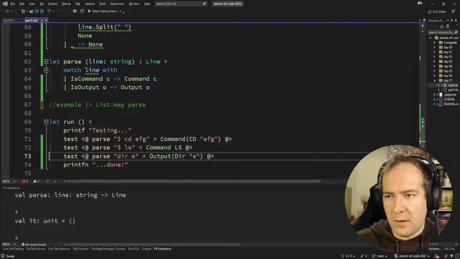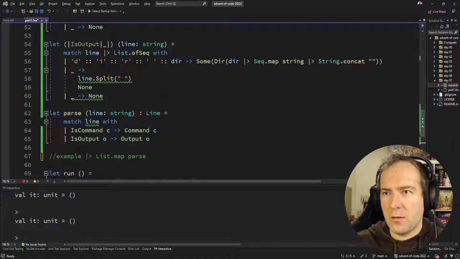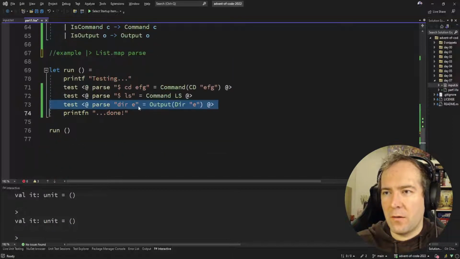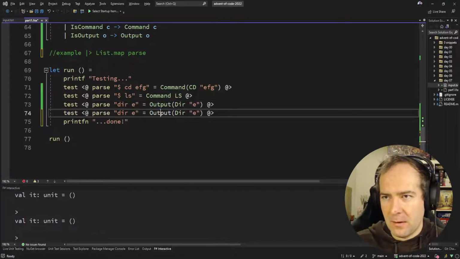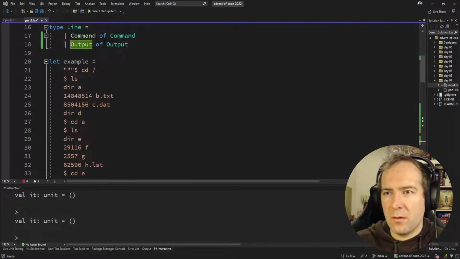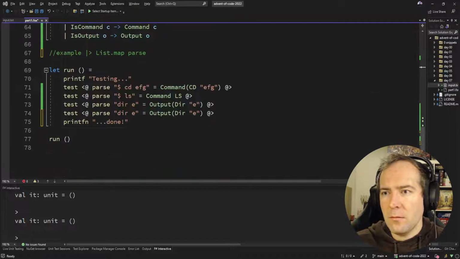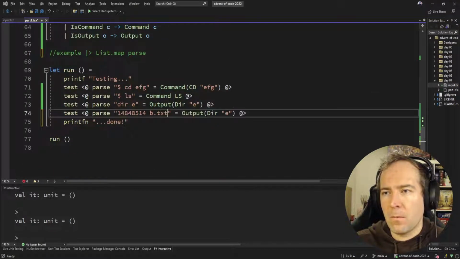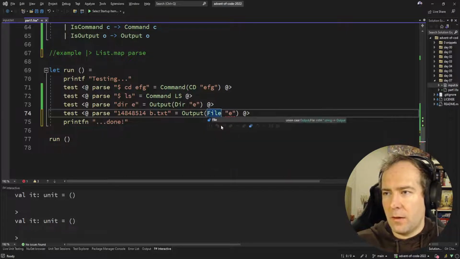We can still parse commands. Yes, can we parse outputs? It looks like we can parse outputs. That's great. So now let's parse not the directories, but the files. Let's grab an example of an interesting one. This is an interesting one. So that should be a file, and that's yet another